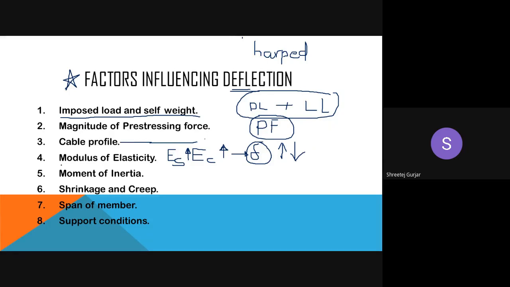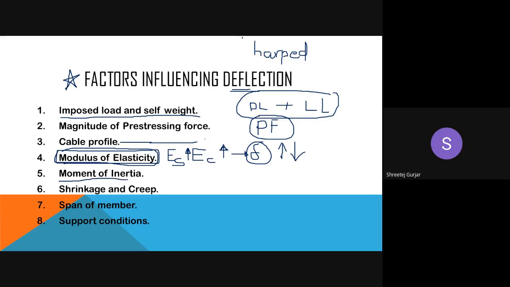So what is modulus of elasticity a measure of? What do you measure with this particular modulus of elasticity? It is nothing but the strength which you measure, right? It is nothing but a measurement of your strength. So automatically, if your strength increases, deflection will decrease, right? Your beam is stronger, hence the deflection will automatically decrease, right? So depending upon your modulus of elasticity, your deflection will vary.